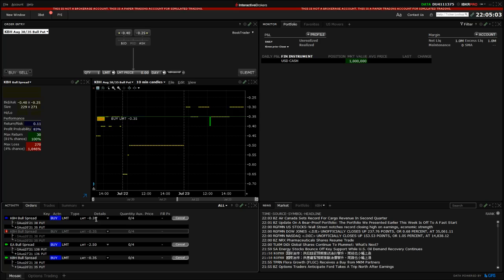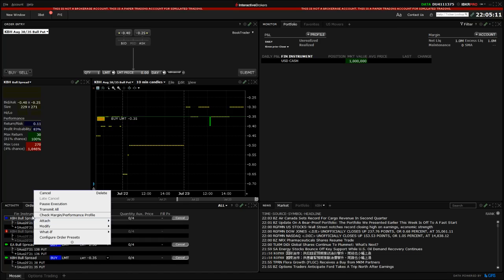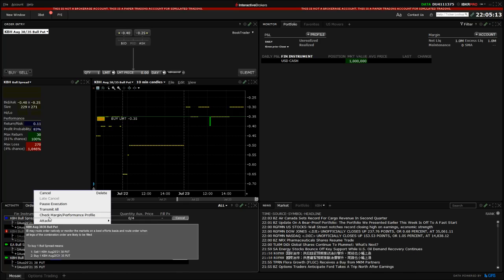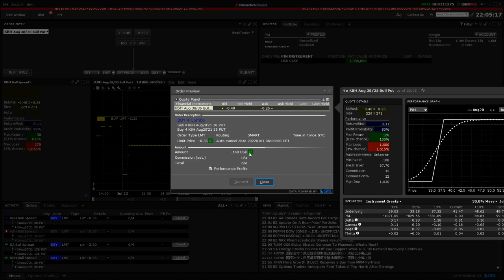So 0.35 times 4, that's actually 140. Let's check whether we can see some details here. Alright, as you can see, it's a $140 credit. So when will you get that 140